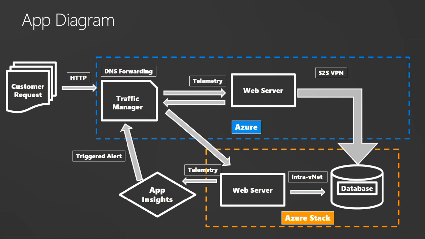How is it targeted? In this case, it was critically important that the application tier be identical at all times, because you couldn't have the application tier in the Azure public cloud not match it in Azure Stack. So they were using consistent developer tools and CI/CD pipelines to ensure those were always in sync. The database always existed on premise. And this allowed them to dynamically burst into the cloud, scaling out with as much capacity as they needed during open enrollment, and then collapse it back down to nothing with no charge after open enrollment. And the rest of the year, all the traffic would be routed inside the on-premise infrastructure.